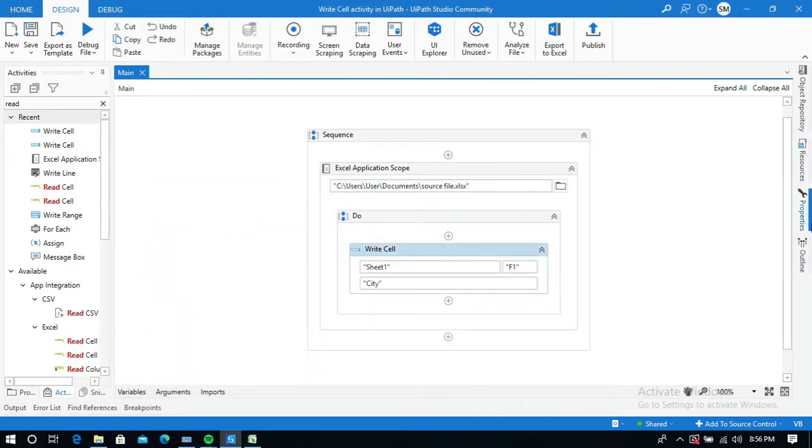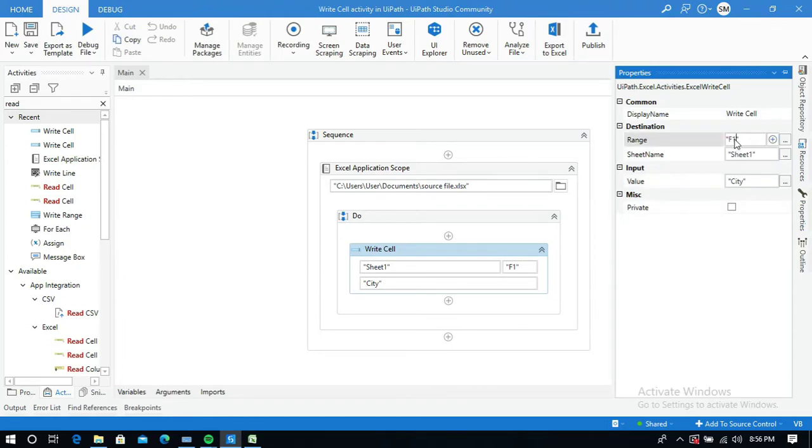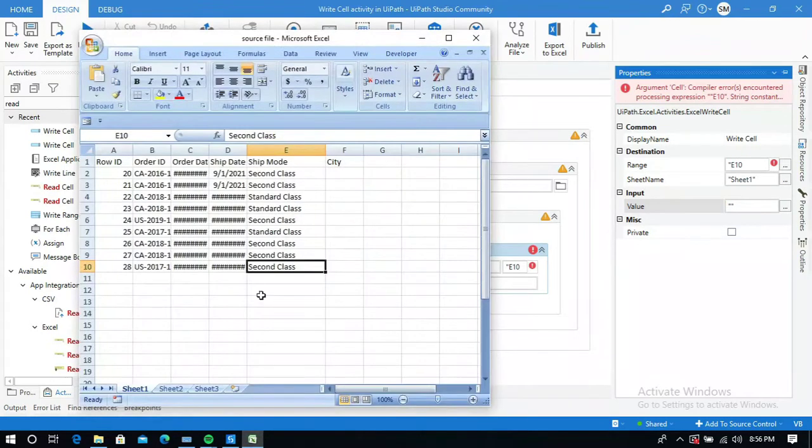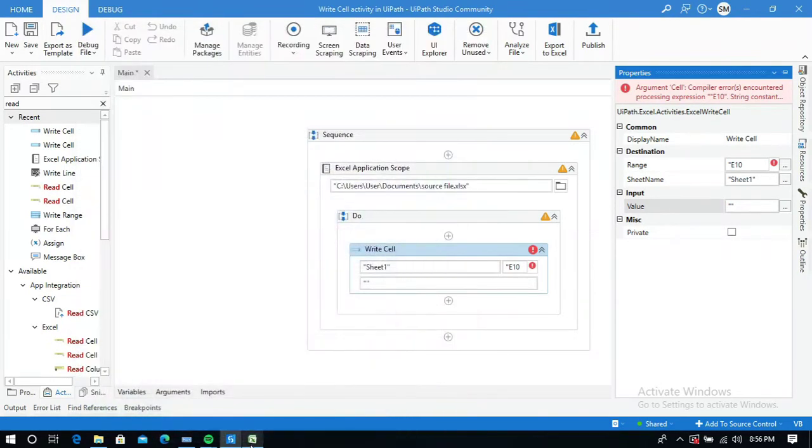In the write cell activity I will give this E10, and I will write some other data. It is second class, right? I will write first class here. It will override that data. First class, within the quotations.